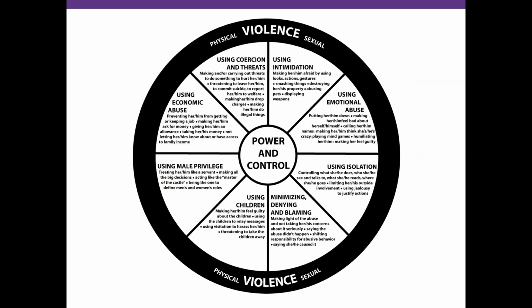So the power and control wheel was developed in the 80s and 90s. It's oftentimes called the Duluth model because it came out of support groups that were happening for women at the time when this was first created. It was just with women survivors whose partners were receiving, at the time it was called batterers intervention. It's called a lot of different things across the state. In Colorado, it's called offender treatment. And so they were, their partners or former partners were receiving that treatment, and they got together and talked about their experiences. And so that's what this model comes out of.